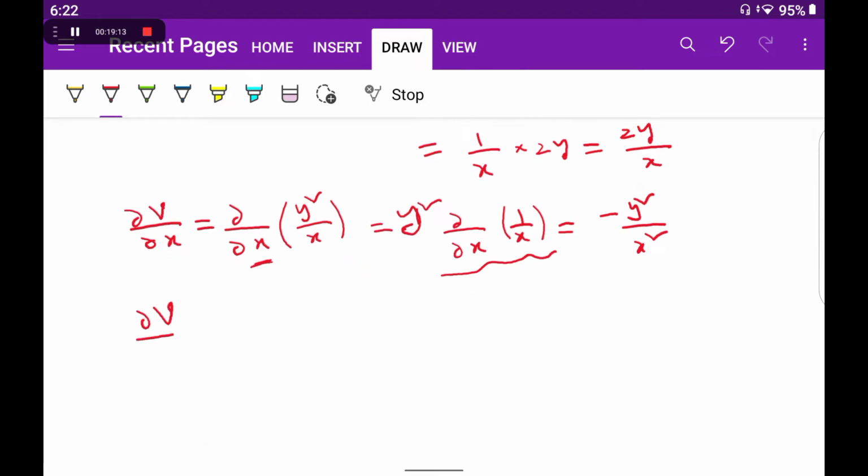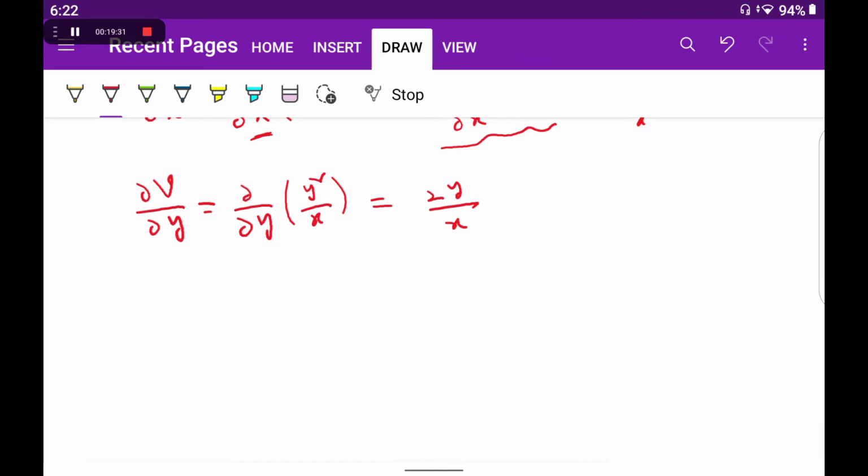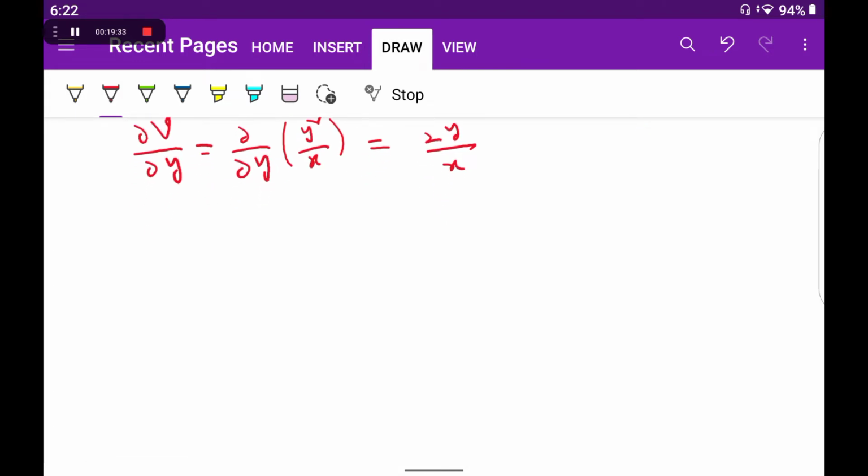∂v/∂y is ∂/∂y of y²/x, which is 2y/x, because 1/x is constant. You keep 1/x as it is, the derivative of y² is 2y. So combining all this,